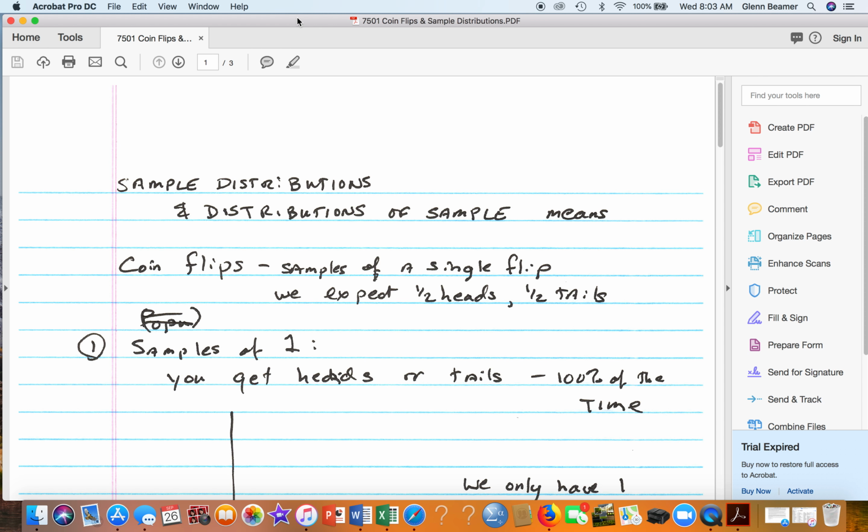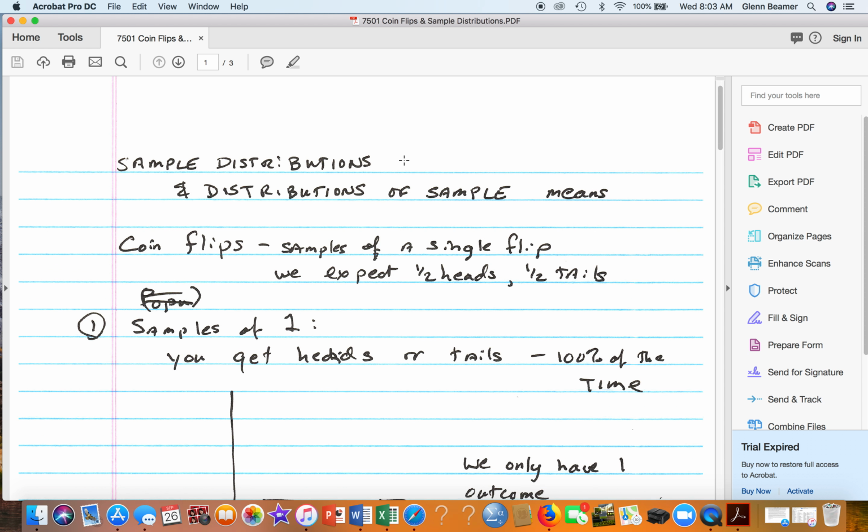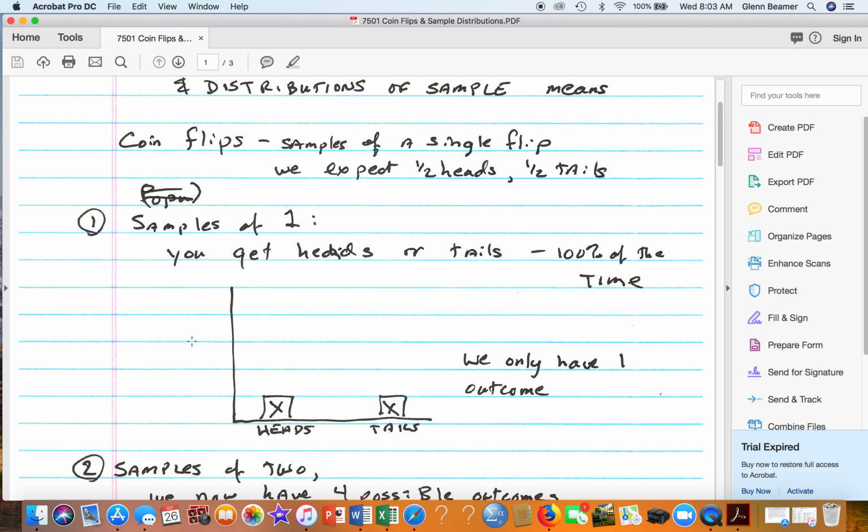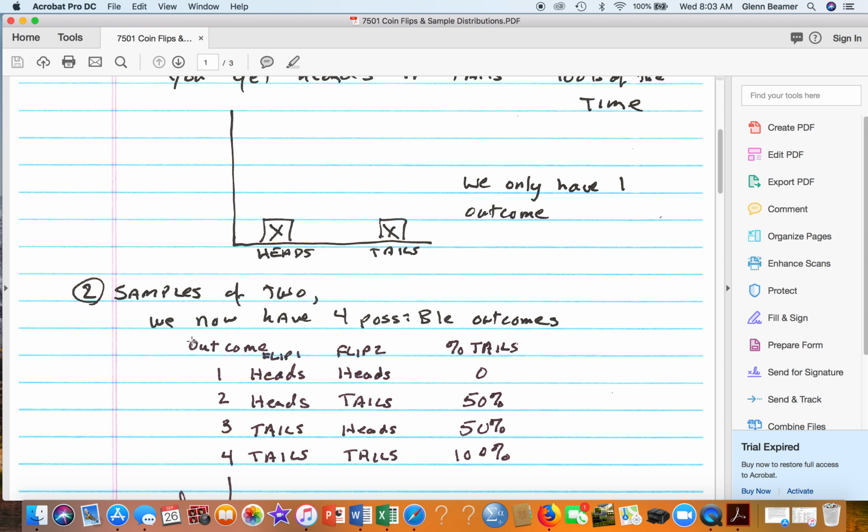The way to do that is to use coin flips. We know that people out there can be flipping coins all day. There's a population of coin flips, but you really only have two outcomes. You either get a heads or a tails. Every time you flip a coin, you're either going to get heads or tails, just like when you have a baby, you will have a boy or a girl. And so